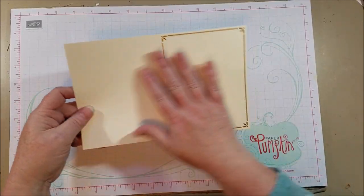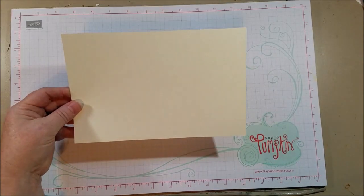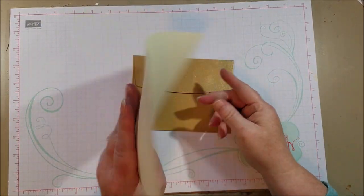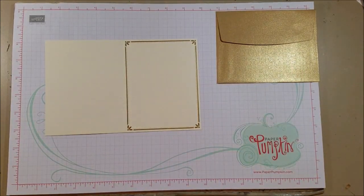Really fun and pretty, and I really liked the detailing on here, and it's vanilla both inside and out, and sometimes they're not. Sometimes the front is vanilla and the inside is white, and I liked that they carried the vanilla in through the inside as well. So I'm using this on our first card, but I wanted to do what they did in the catalog,